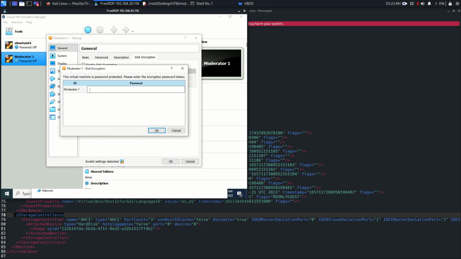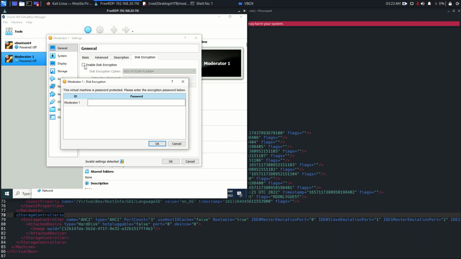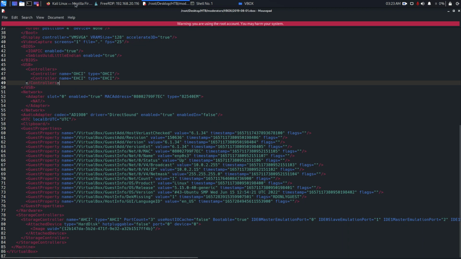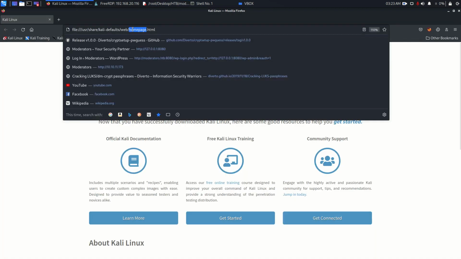And as you can see, now it's asking for a password. So if I uncheck, the machine is saying okay, you want to decrypt the disk. If you want to decrypt the disk, please put the password with which you encrypted the disk, and this password we don't have. But if we come here, we can search